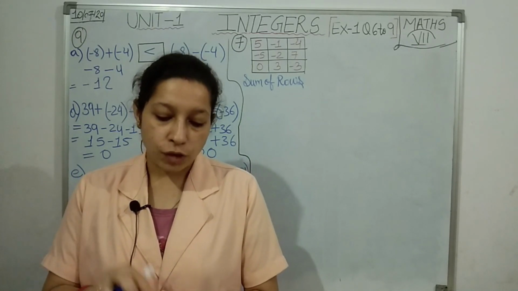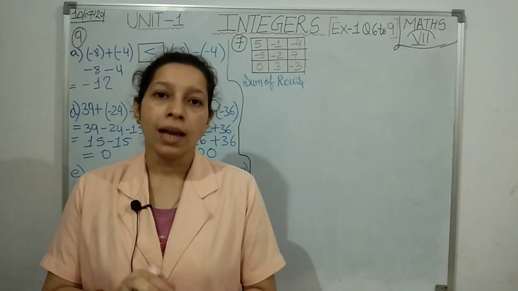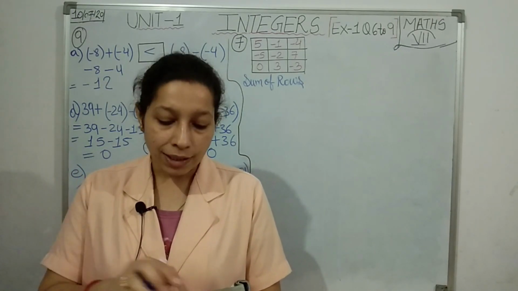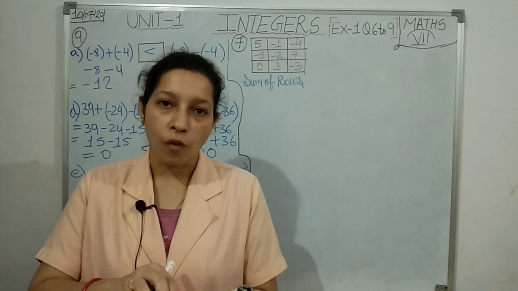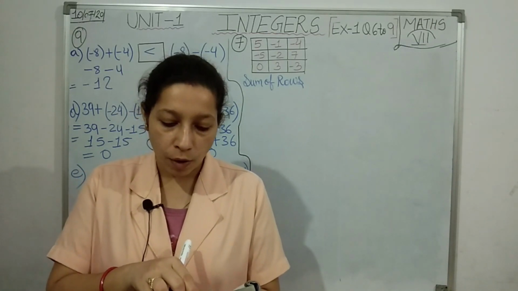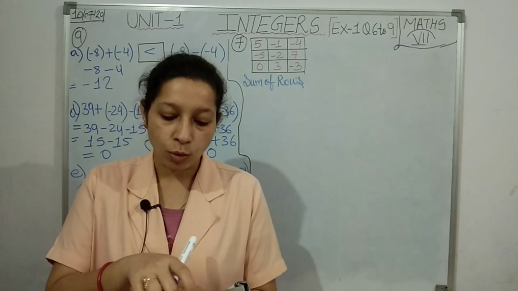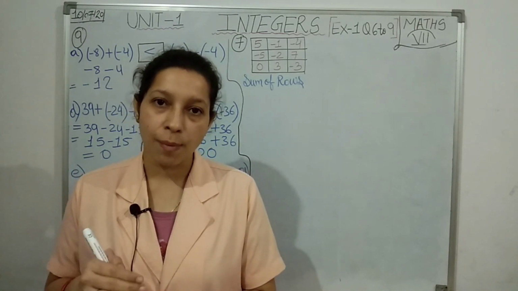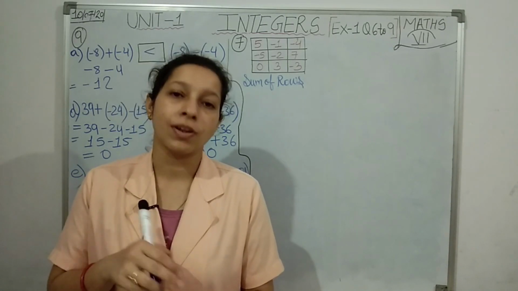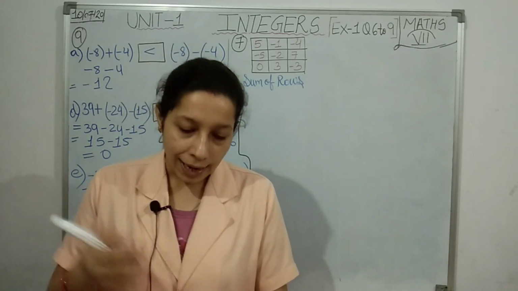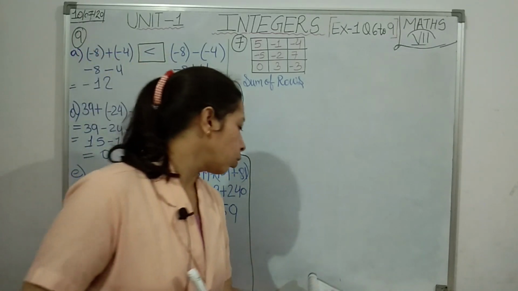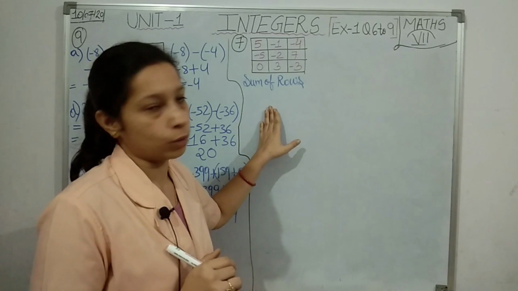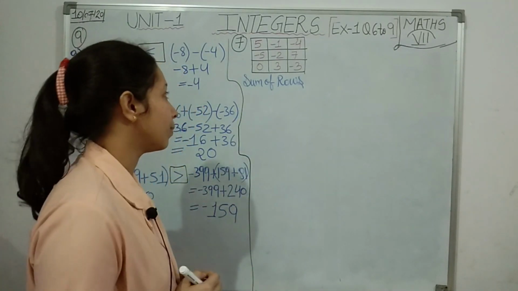These squares will be magic squares when the sum of their rows, columns and diagonals will be the same. Means first we have to take the sum of all the 3 rows, the sum of all the 3 columns, and also the sum of the 2 diagonals. If the answer is the same at every step, that means the given square is a magic square. Let us solve and then it will be more clear to you. Here I have written the first point, the second point is your work, you are going to solve. I will be explaining the first one.